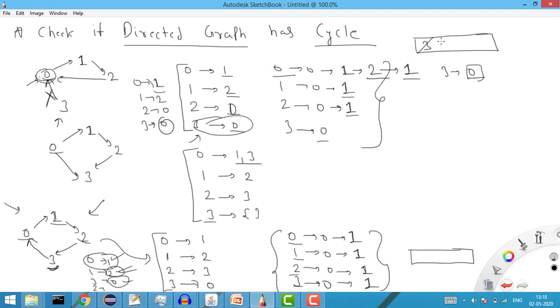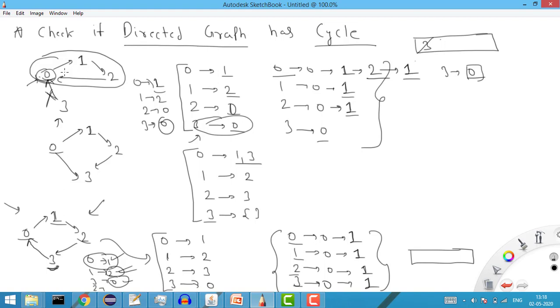So in this case we will not add it into the queue. So after removing 3, we don't have a single element in the queue. It means we don't have any element left whose incoming degree is 0. So these nodes are all the elements that have a cycle here, right?